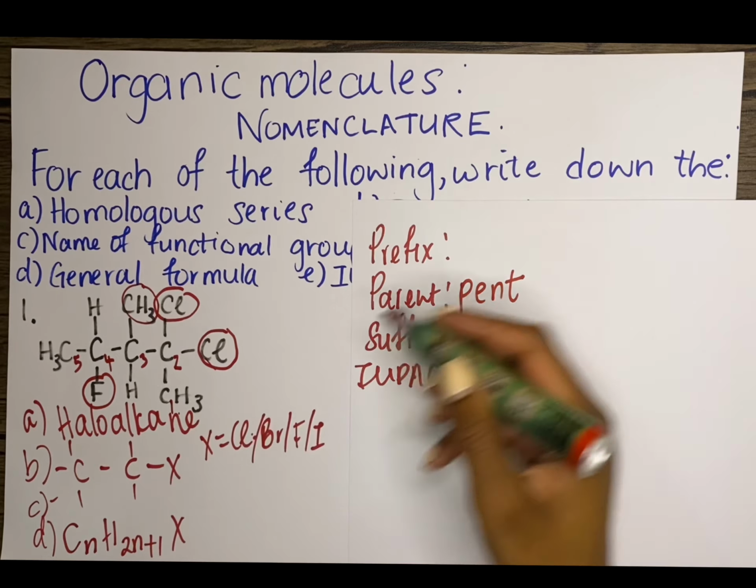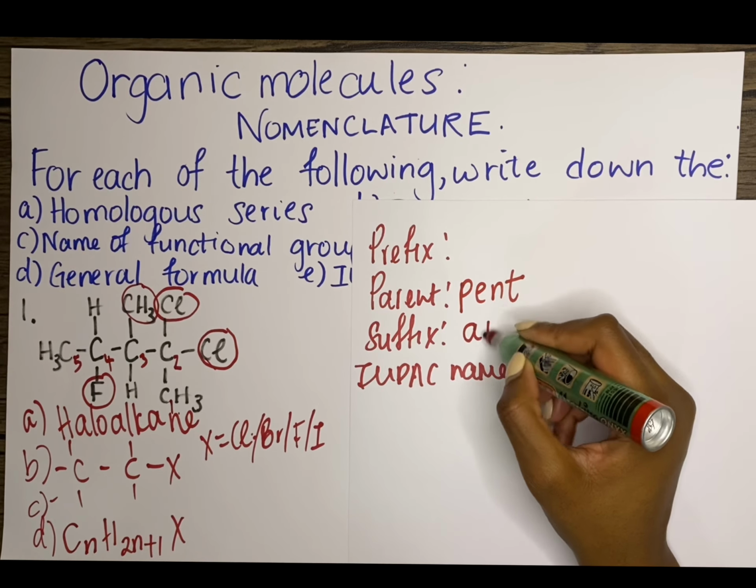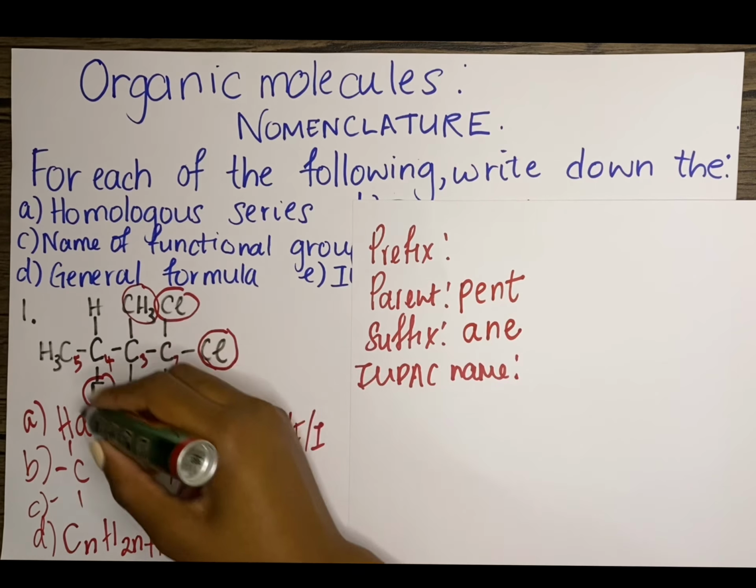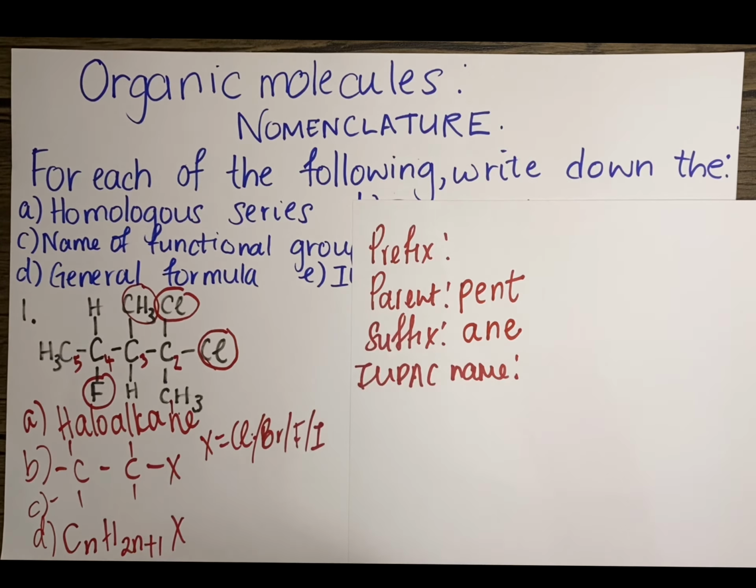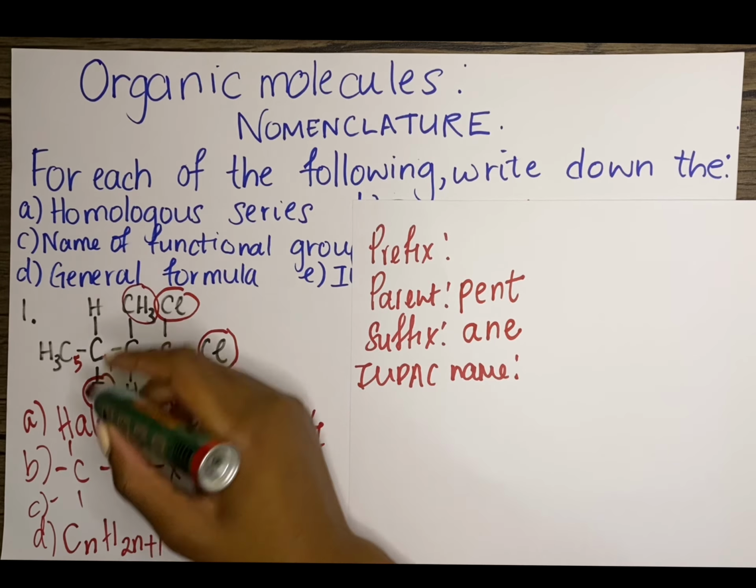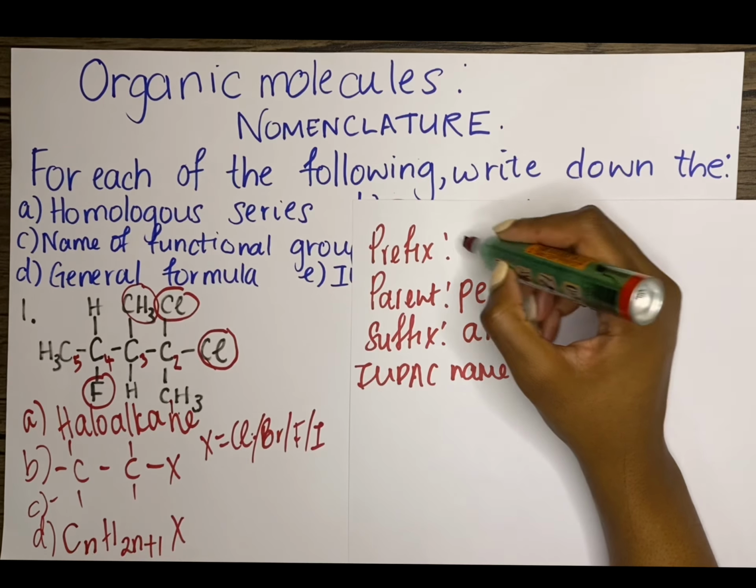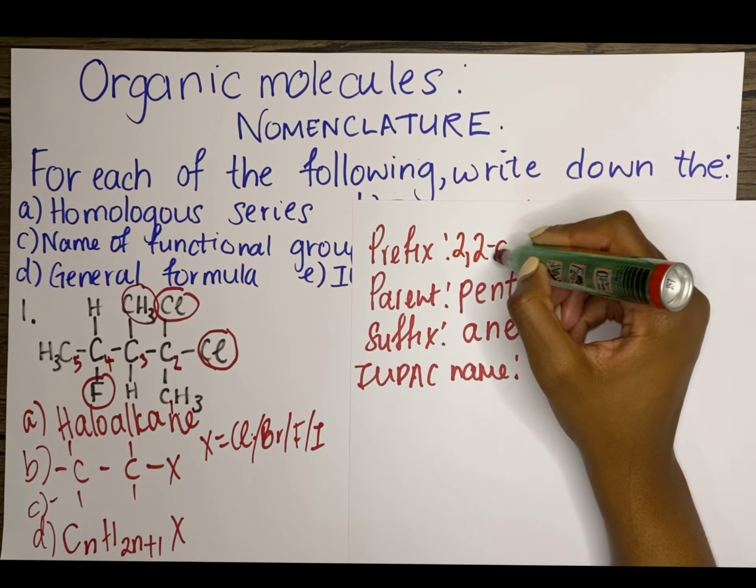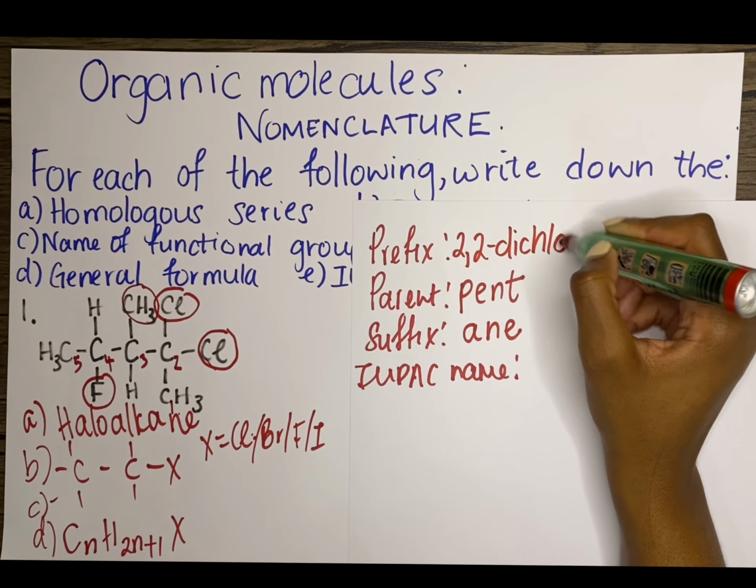This is a haloalkane, so the suffix is ane. Now let's look at the prefix, and you always name in alphabetical order. So you have chloro, followed by fluoro, followed by methyl, right? So it's 2,2-dichloro,